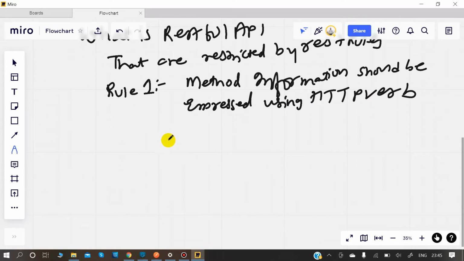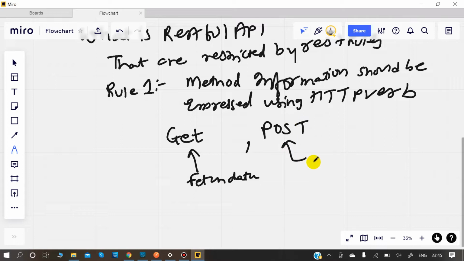So it's trying to say that there are different methods which hold meaning. Let's say GET. GET would try to fetch data. There is something called POST. This would try to insert new data.